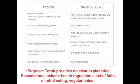Pork, camel, rabbit, rodent, reptiles, and any animal that died of natural causes is treif, which means forbidden. Chicken, turkey, quail, and geese are all birds that can be kosher. However, eagle, hawk, and vulture are not. And as for fish, salmon, tuna, carp, herring, and cod are completely permissible, while crab, lobster, octopus, clam, swordfish, and